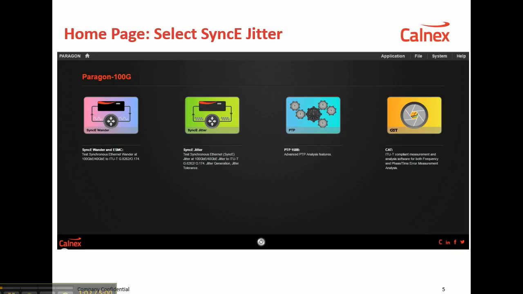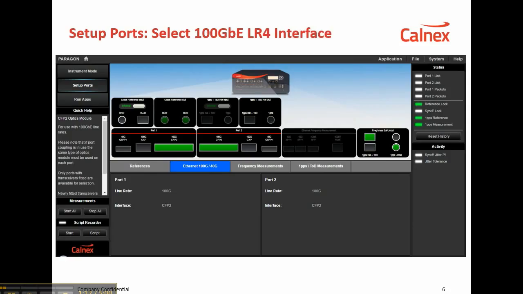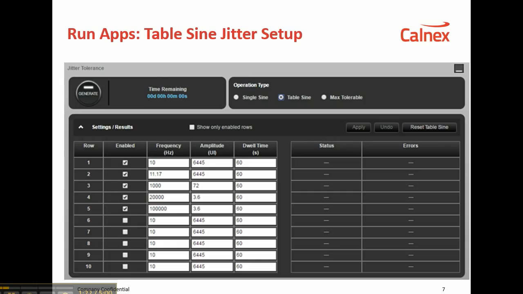So first of all, pull up the home page on the user interface on your laptop or PC. Then select SyncE jitter on the home page. After that you go into the setup port screen, where you'll select 100 gigabit Ethernet LR4 interfaces. Following this,